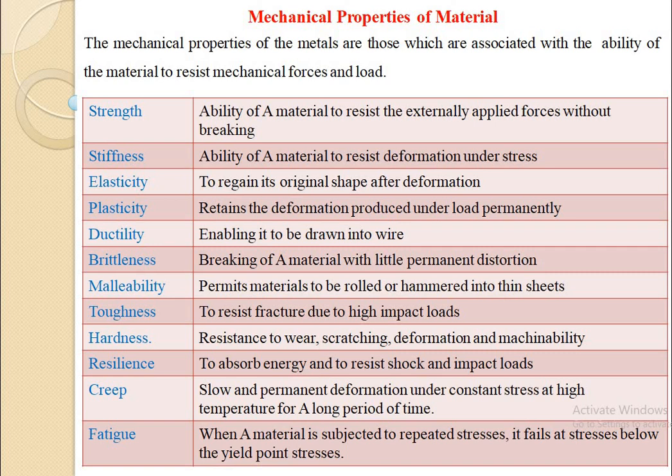The important properties which determine the utility of the material, meaning the uses of the material, are physical, chemical and mechanical properties. Now we can categorize any element or any material into these three categories: physical properties, chemical properties and mechanical properties. Under the physical properties, we know the strength of the material, elasticity, plasticity, toughness, hardness, creep, fatigue; these are some properties of the materials.